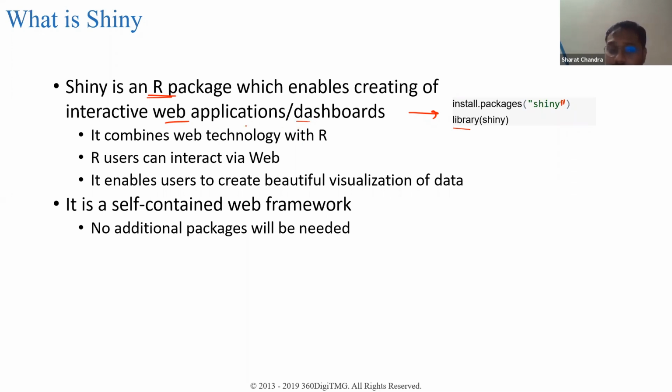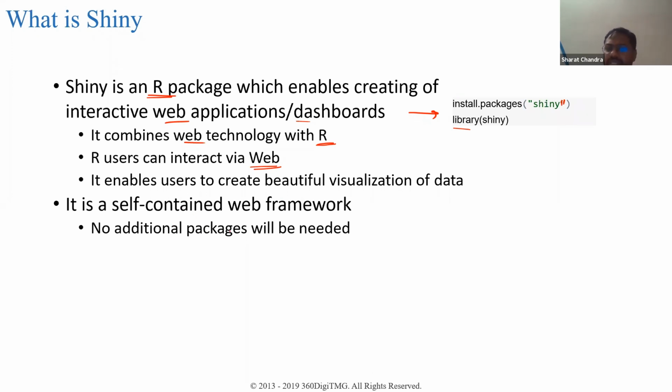This package combines the capabilities of R programming with web pages. So it combines web technology with R, right? It is an interface which helps users to interact with web pages, HTML pages. Not just that, you'll also be able to create very, very beautiful visualizations, right?